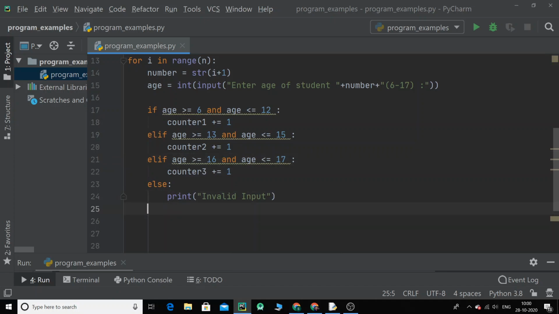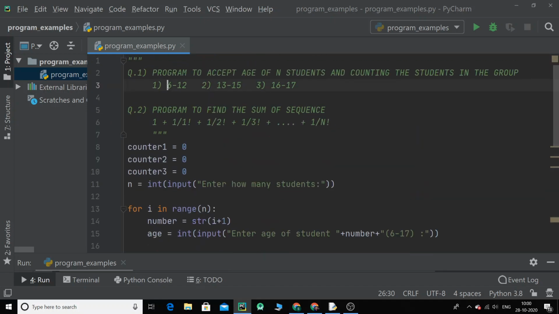So that's it. Okay, and then what we'll do is outside the loop, let's come outside the loop, that is over here. We are going to print the messages: the age of students, and I will simply say bracket. I'll copy this